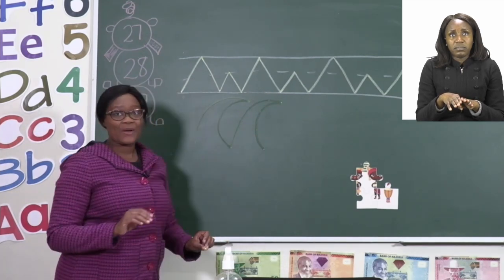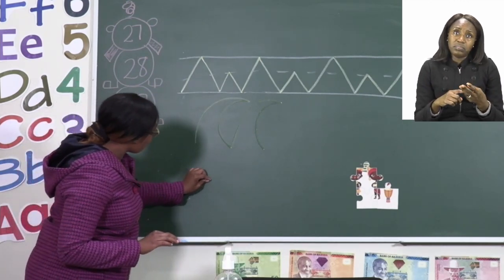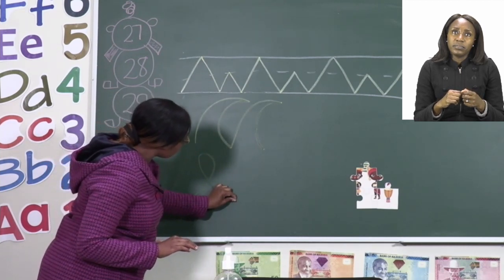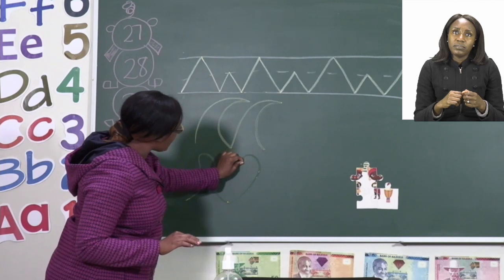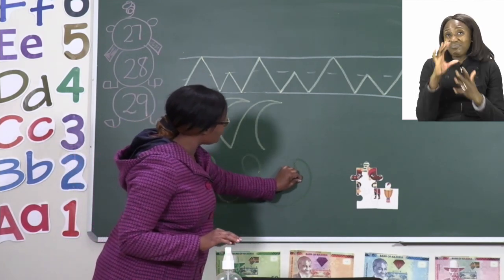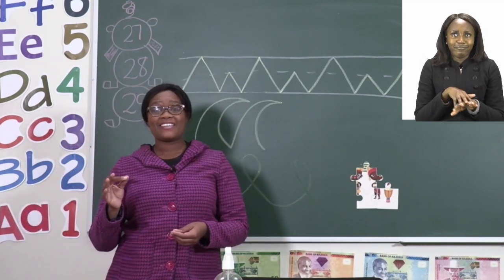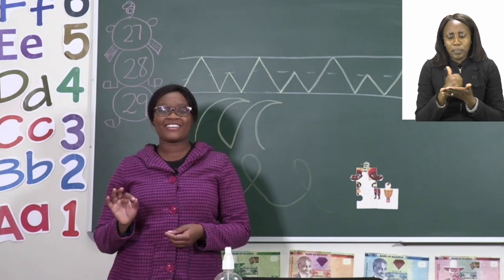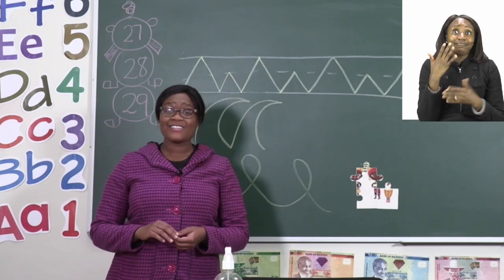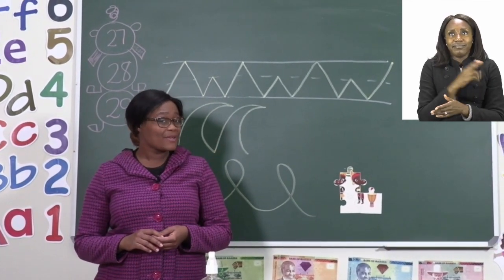This is the wave. Or you can do the loop-de-loop, which goes up, round, down, round, up, round, down, round, up, round. So take your time with your patterns, make them look beautiful and even. Don't forget to press down your pencil. When you're done with your patterns, you can move on to the last exercise for this lesson on page